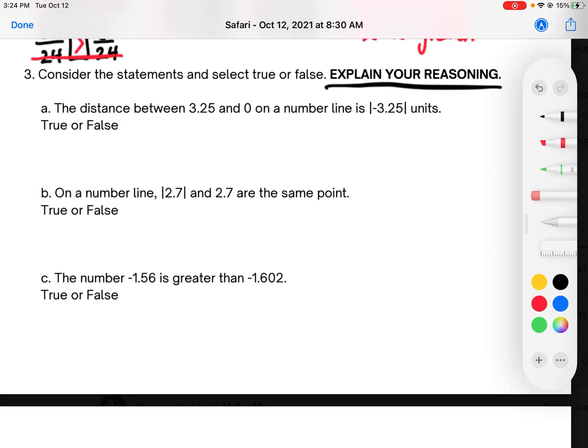Let's work through number 3 together. This says, consider the statements and select true or false. Explain your reasoning. Don't forget to do that part. That's really important. All right, so to start off, it says the distance between 3.25 and 0 on a number